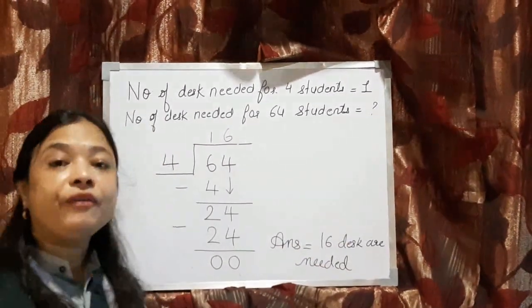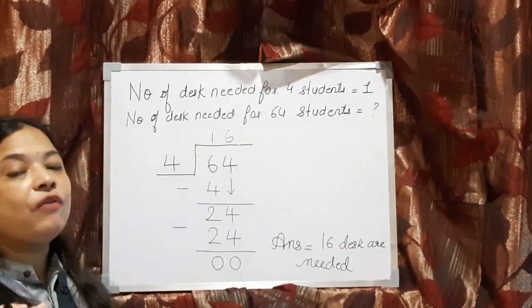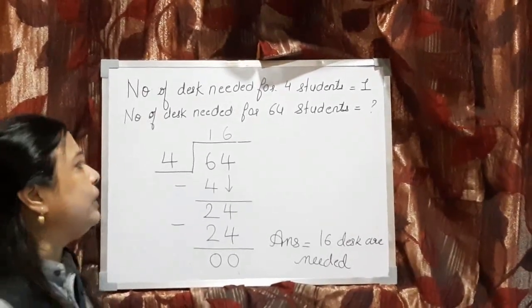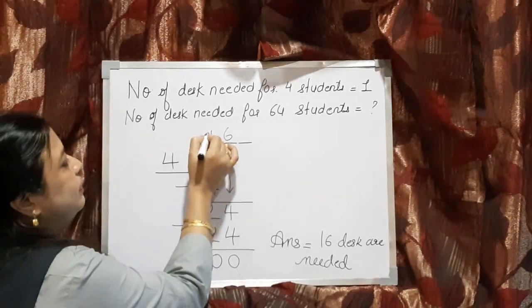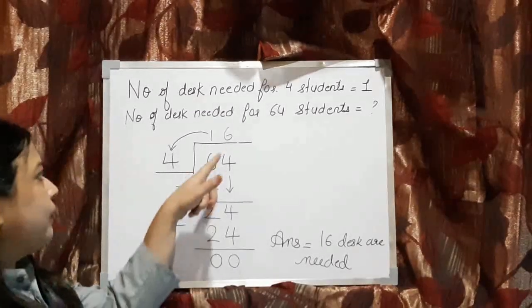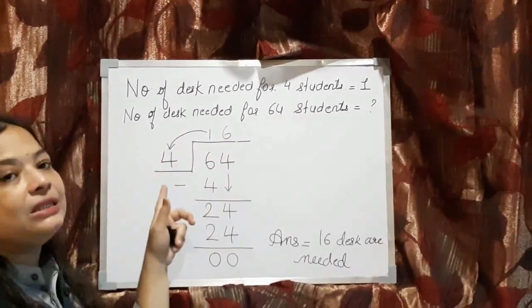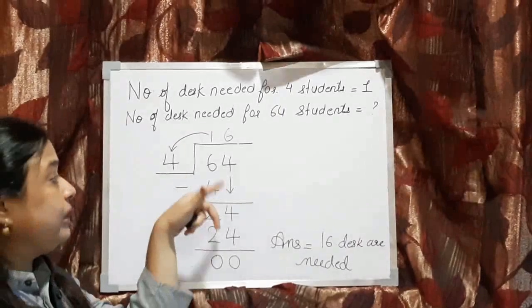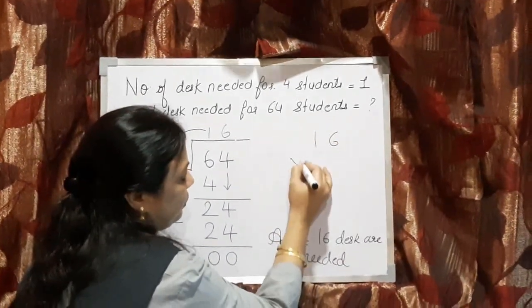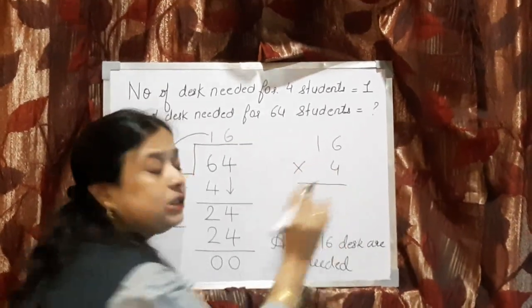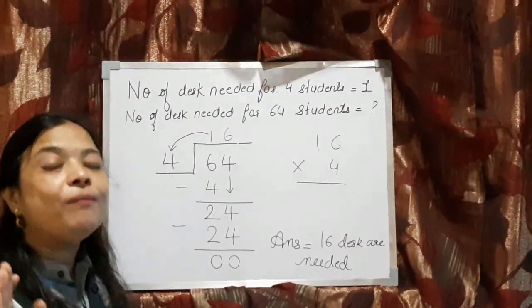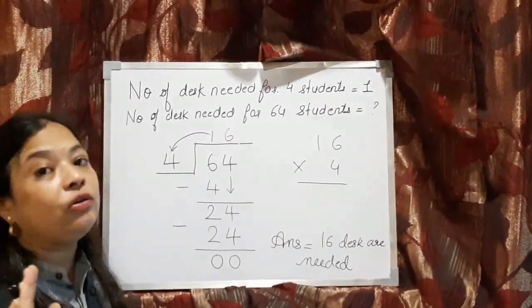And children, one trick I will show you, if you want to check whether your division sum is right or wrong. What you will do in that case is multiply this number with this number. When you multiply this number with this number, your answer will come to this. Okay, so just for the explanation I am showing you this. There is no need to do it. You don't have to do it. Just for the explanation of how multiplication and division are connected to each other.